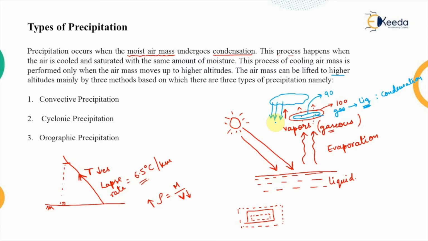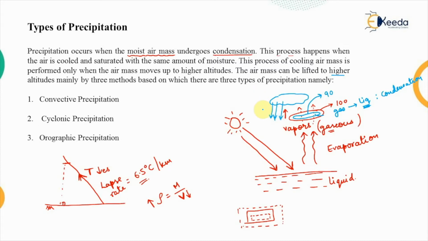So that means the precipitation process happens because of two reasons. The first and foremost reason is that the temperature decreases uniformly as we move up in the atmosphere. That means at higher altitudes, the temperature will be very low. And as the temperature decreases, the capacity of the air blanket to hold moisture also decreases. That moisture which is not retained by this blanket